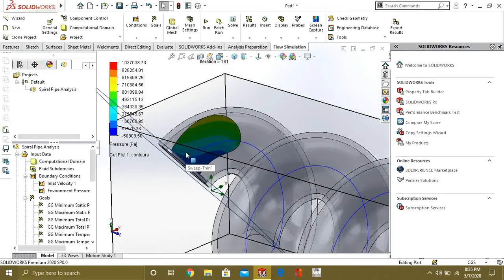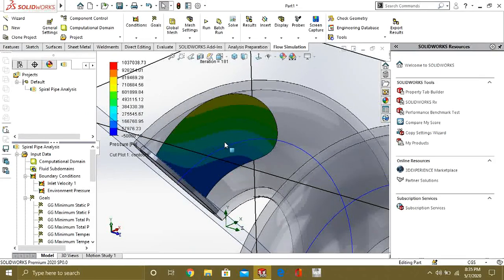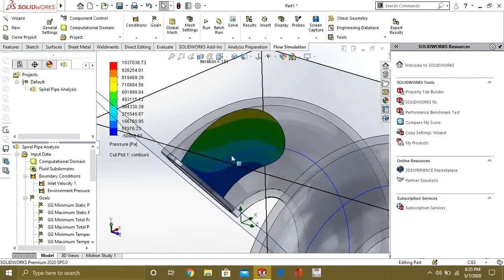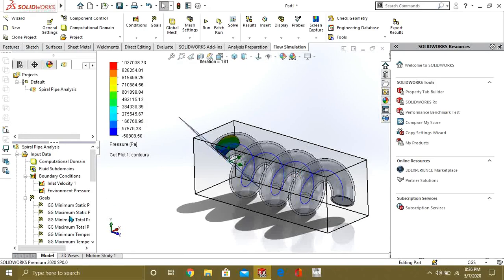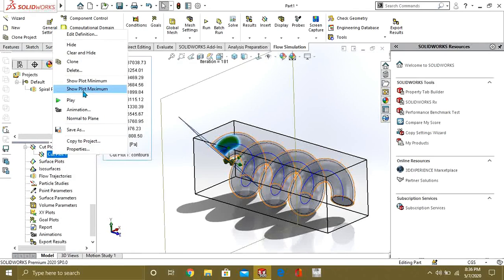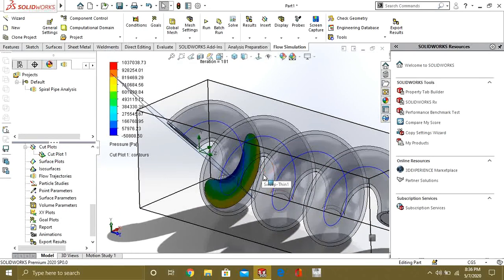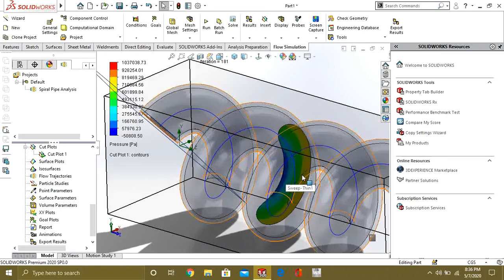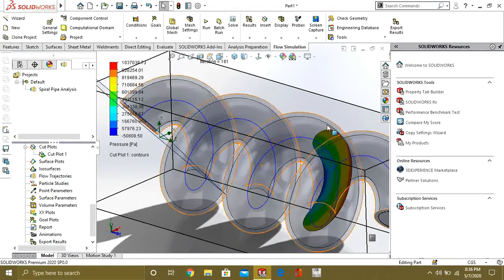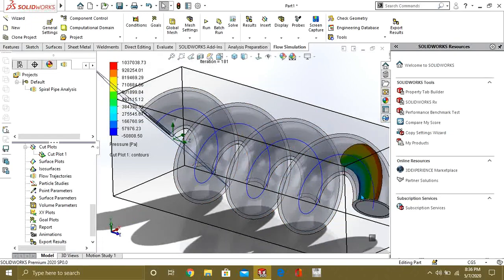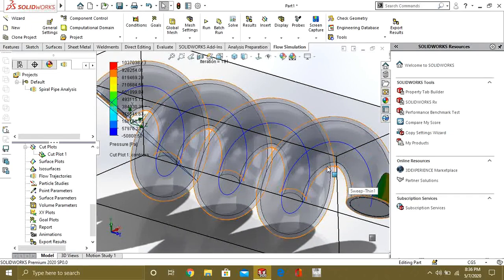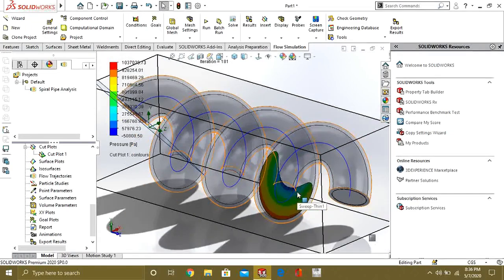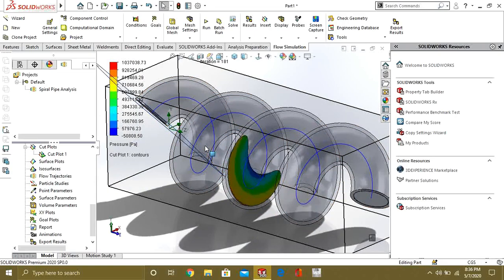Now you can see that our results have been generated, and it is showing the pressure. If you want to animate it, go to play and you can animate it. You can see at the top the pressure is highest and at the lower end the pressure is less, like this.